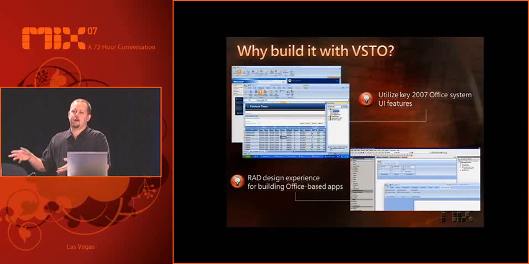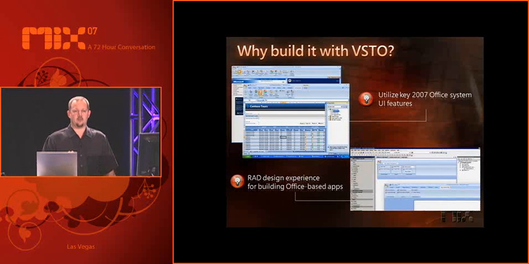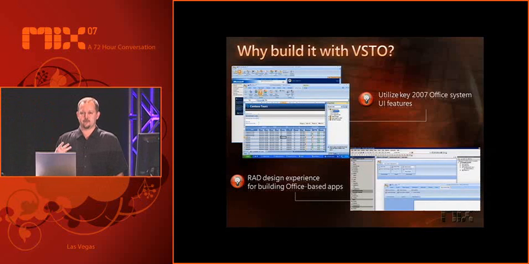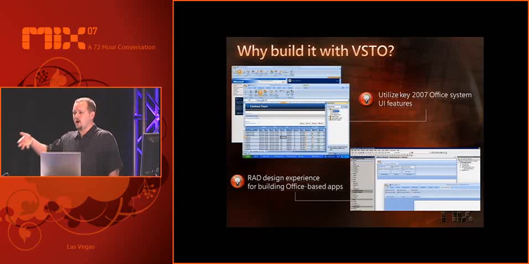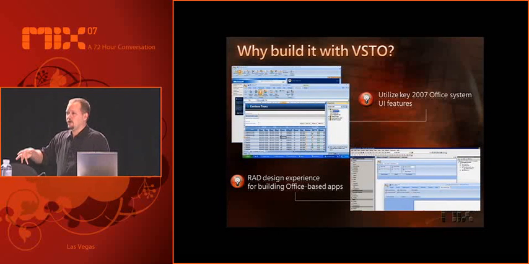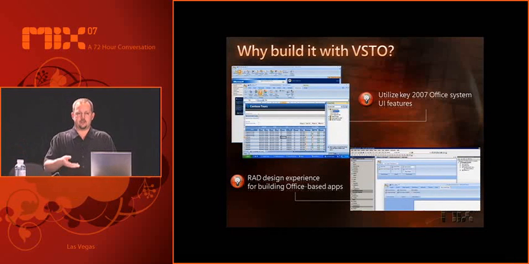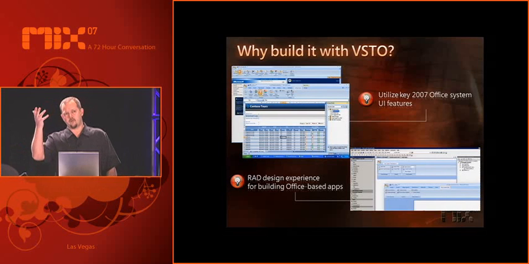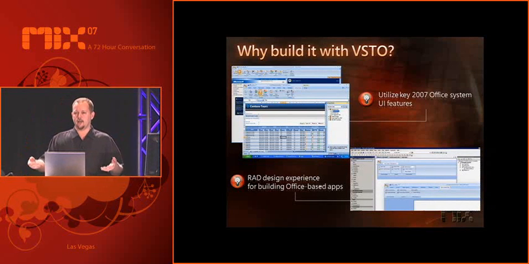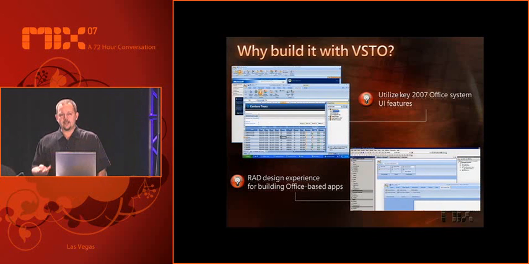So I'm going to show you how to do a ribbon and task pane, and it's only going to take me 3 lines of code. Literally, I can build one of those sample applications with 3 lines of code. I mean, this is where we've progressed ourselves to. In the past, if I wanted to build a custom task pane, I had to use CTP Factory. Well, that was about 400 lines of code. Well, we've abstracted that so much now that I can implement ribbons and task panes in 3 lines.